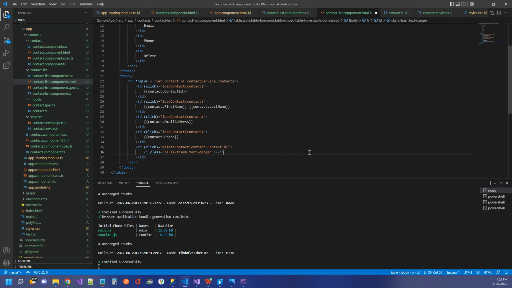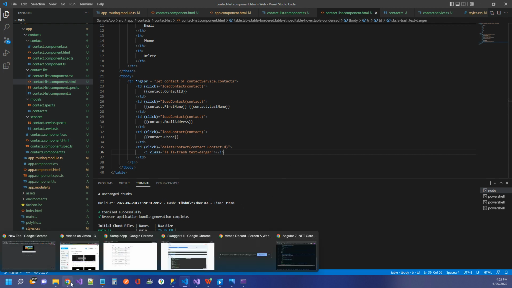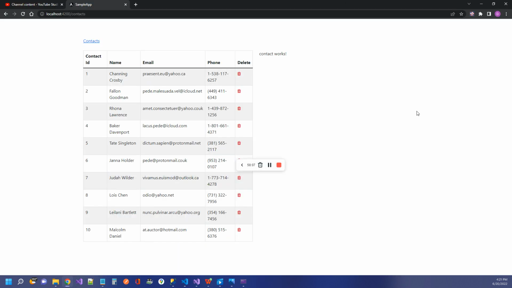And let me just do a Control S, and I'm going to go back to our sample app. And we can hit refresh here. So there's our list of contacts. It's not very pretty. So what we can do is modify the column widths here using Bootstrap, but we haven't worked with our